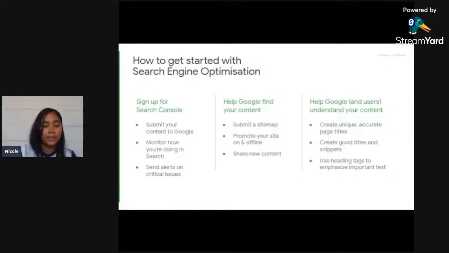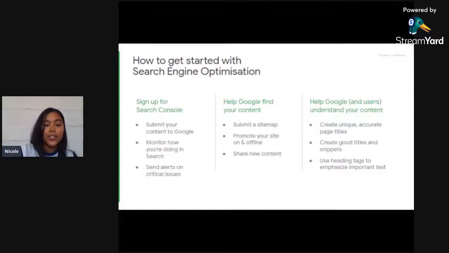Now, how to get started? Well, Google Search Console is a free tool that can help you more accurately learn how you rank on Google Search. It helps identify if there are any issues or errors in your website that will make it hard for Google to rank you highly. Next, you should consider submitting a sitemap to help Google bots understand the structure of your site. This is so when it comes to being indexed, Google understands how your site links together.